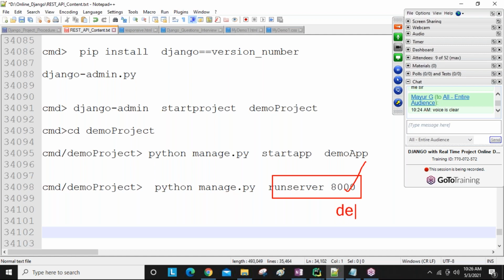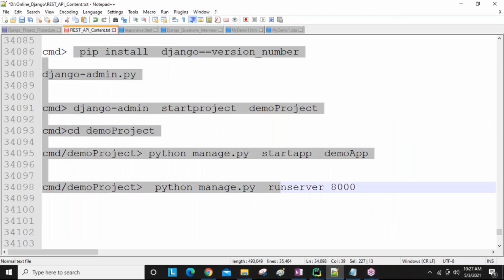Default port number, guys. Okay? So remember this. After running the server, for any URLs related to this application, we can execute those URLs. Clear, everyone? We have already done this.